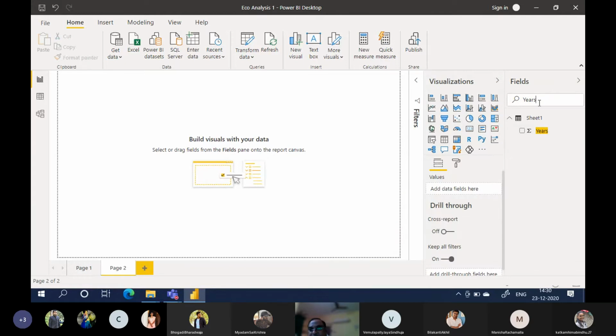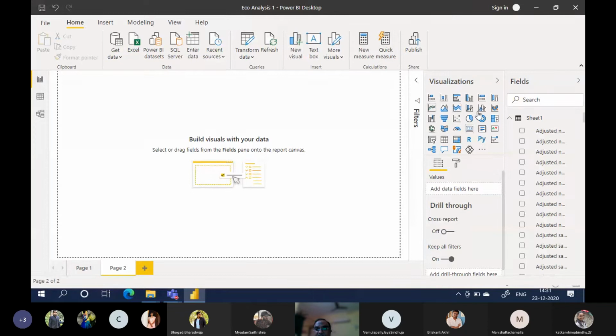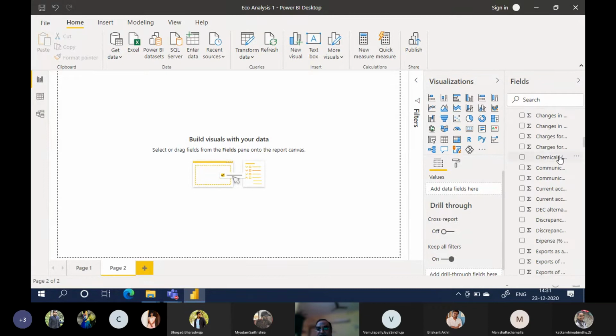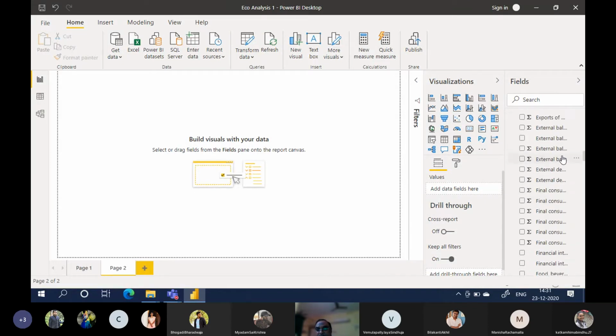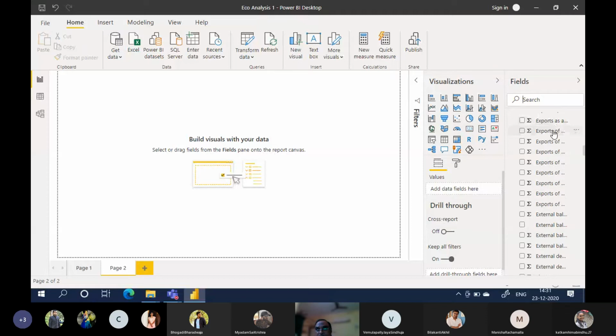So let us say what variables we can use. What other visualizations can you use here? Just some of you, can you give me some advice? What visualizations can we do here using these variables? Exports of goods and services, percentage of GDP. Okay. Sir, map we can use. We have various countries. But you can do it for your own countries, no? But I don't have country names in the data, no?